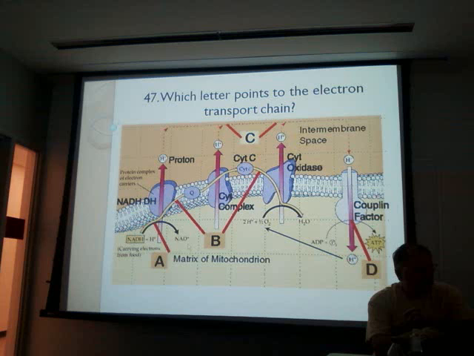Last one. Which one's the chain? B, bravo. Yes, this is the chain. That's the chain going across. That's right. I'll check these tonight, and I have a lab coming here at 5:30, so